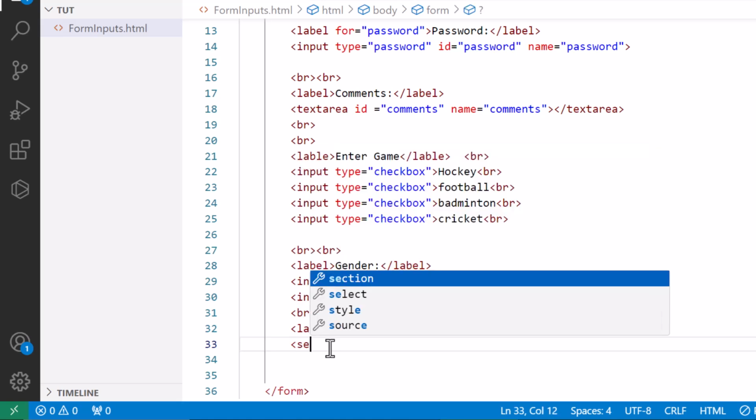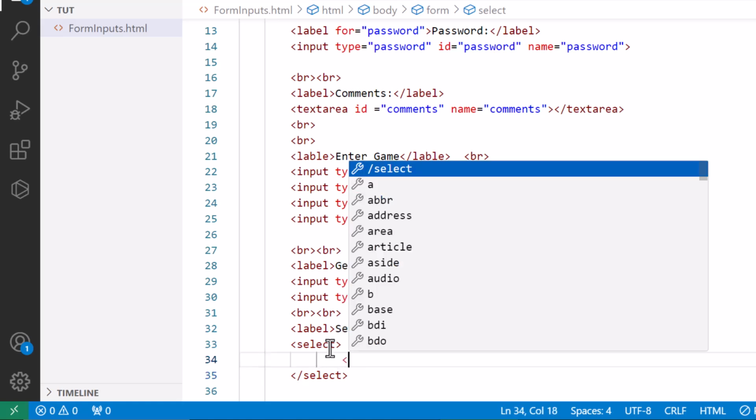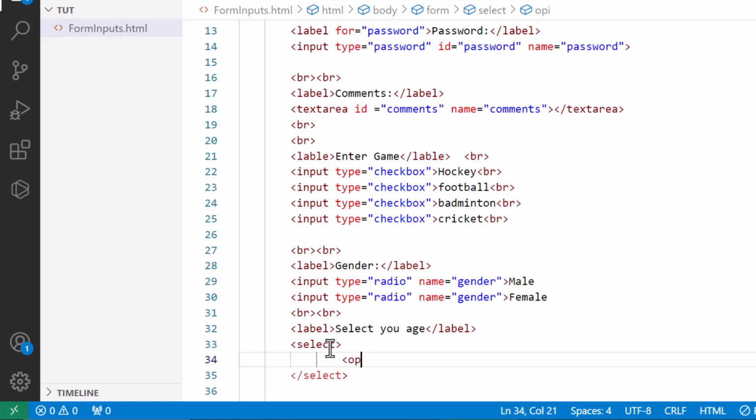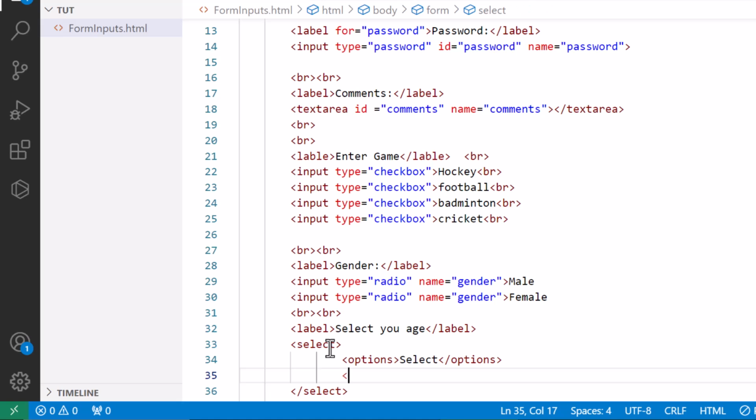Now what we need to do here is just write the select tag. This is our select tag, and inside this select tag we can add the options. Let's say the first option we can just put select, and then we can have